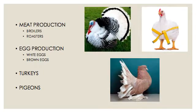At county and state fairs, you can find a meat production class. This typically will include Cornish cross meat pens. Each fair will differ, but broilers are typically a pen of 2 birds that weigh less than 5.5 pounds each, and roasters are a pen of 2 birds that weigh over 5.5 pounds each. They are typically under 8 weeks old as well. These birds will be judged as a pair, so you want their weight and structure to be as similar as